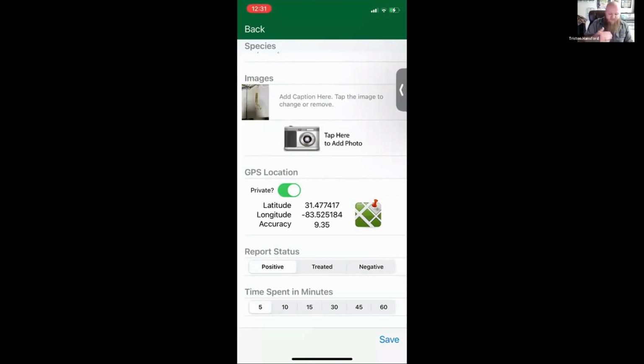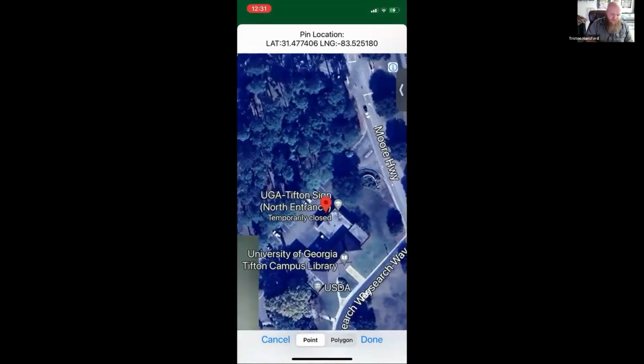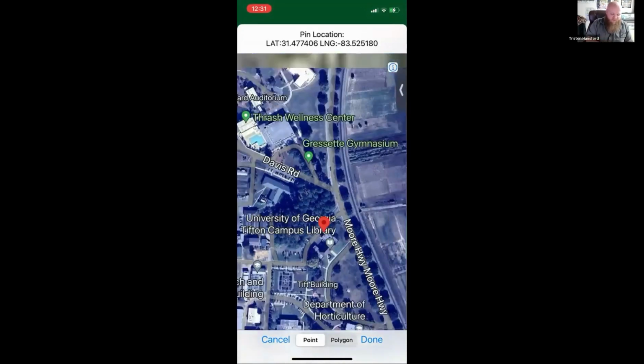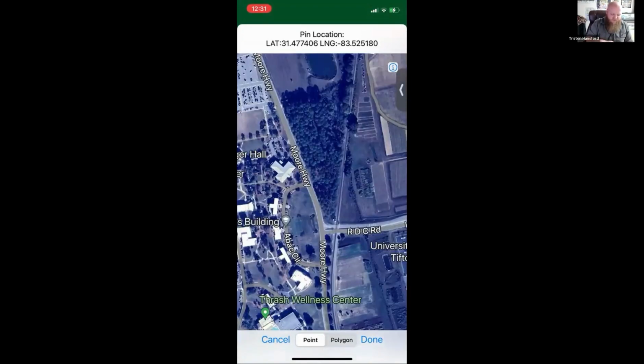From there, if the coordinates for this report are wrong. So usually when that happens is I took a picture of a plant yesterday and I identified it today as something invasive and I want to report it, but I'm no longer right in front of that plant. I can upload this picture to the EDDMapS app right here, select the species that it is, and then I can click on that map icon right there below GPS location. So that's going to show me right where I am, and that's our office here. But if I wanted to move it to where I actually saw that species, I just scroll over to where it was,